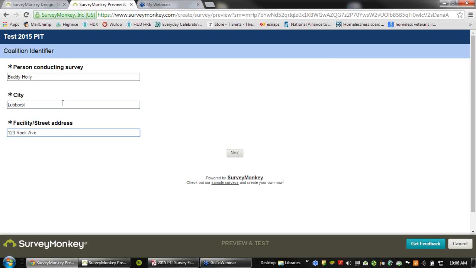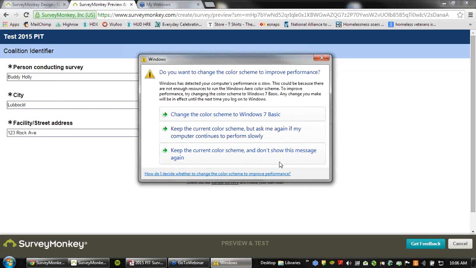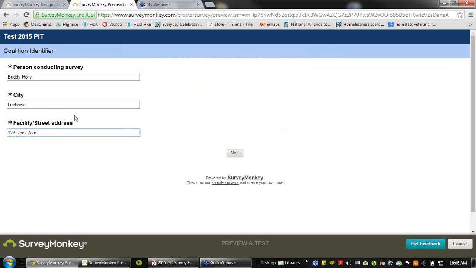All right, so the first three questions are mandatory. We need to know the person conducting the survey, we need to know the city, and we must know the facility or the street address where you're conducting the survey.